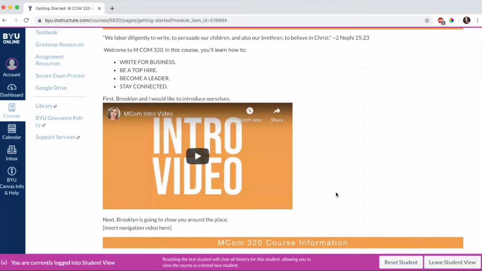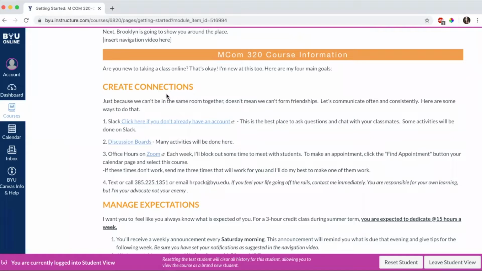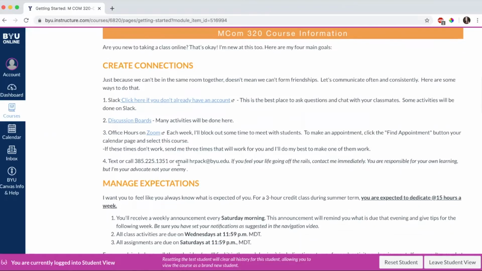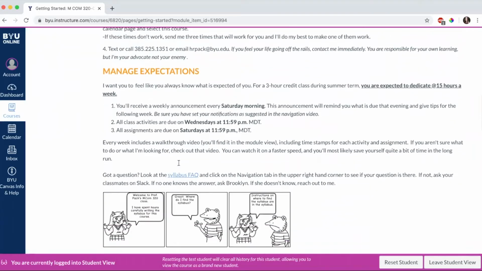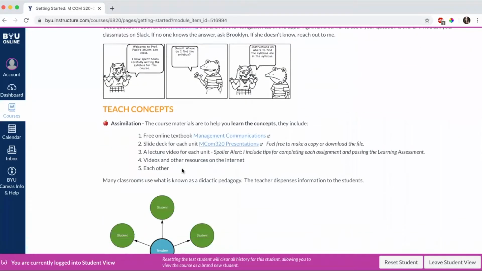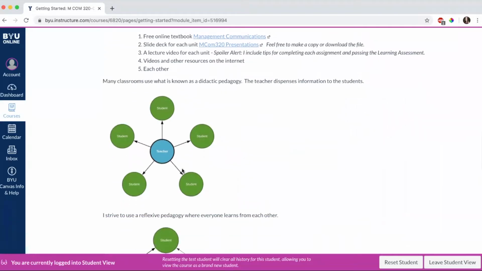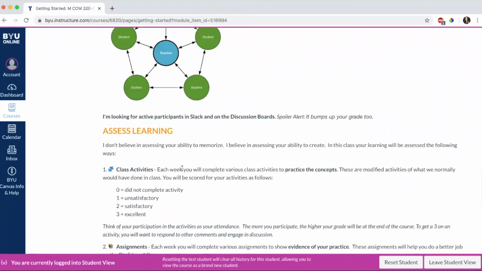So this page is divided up by Professor Pack's 4 main goals. Number 1, create connections. This section has all of the communication tools for the course. Number 2, manage expectations. This is where you can find out what is expected of you in this course. Number 3, teach concepts. This section highlights the course materials to help you learn from the concepts of MCom 320. And down at the bottom, number 4,